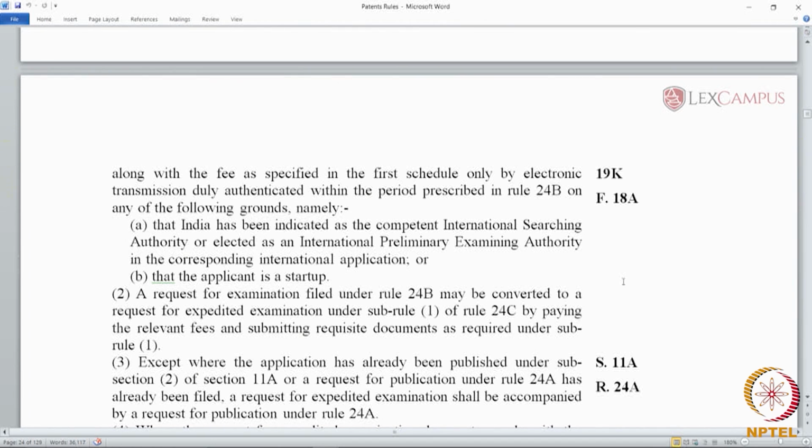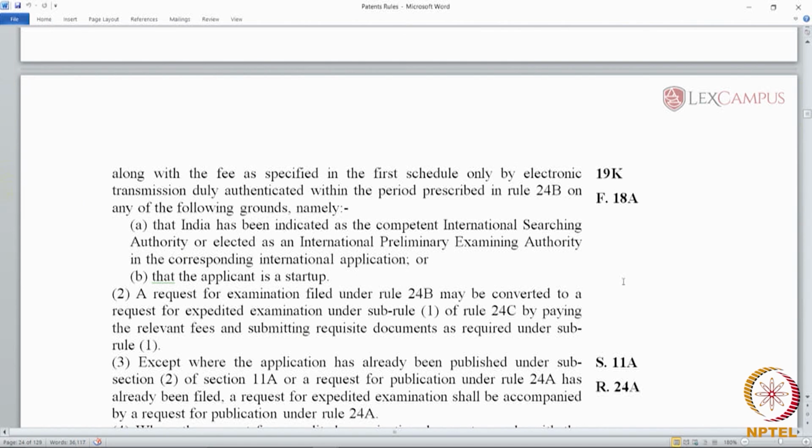Now, category A presumes that you have filed an international application. Category A is not open to an applicant who has not filed an international application. So, a request for expedited examination as per category A can only be filed by an applicant in India who has filed an international application and has chosen